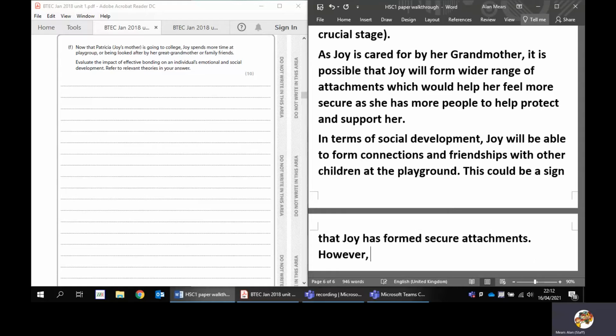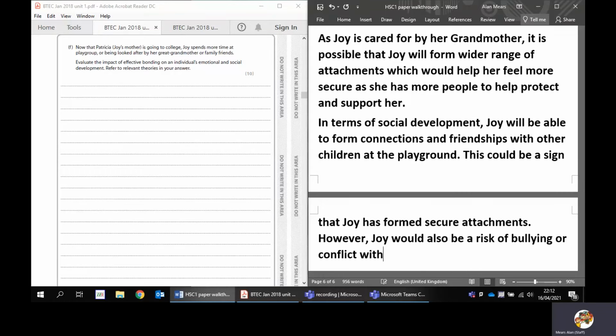However, if we're thinking about downsides, Joy would also be at risk of bullying or conflict with